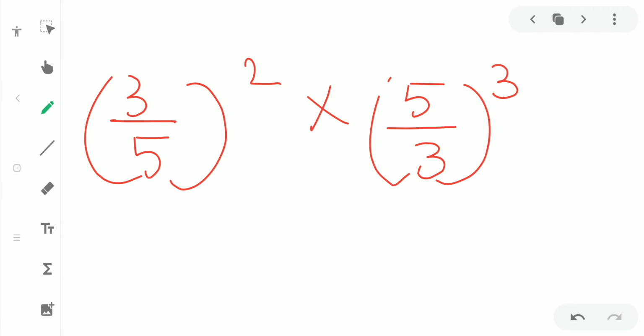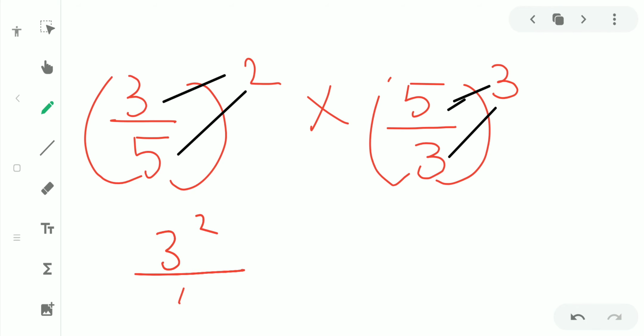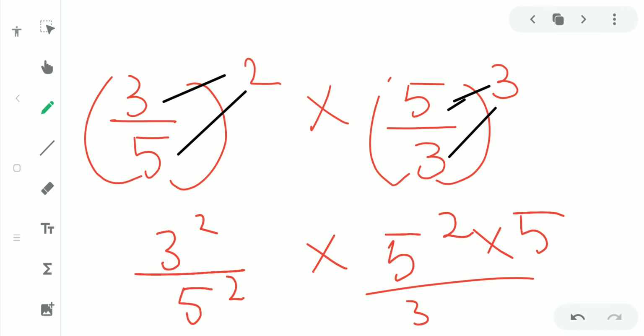Now let us distribute this power onto both sides by applying the formula a by b whole power m is equal to a power m by b power m. So you will have 3 square by 5 square multiplied with 5 square into 5 by 3 square into 3. I have written so because it will be easy for us to cancel,